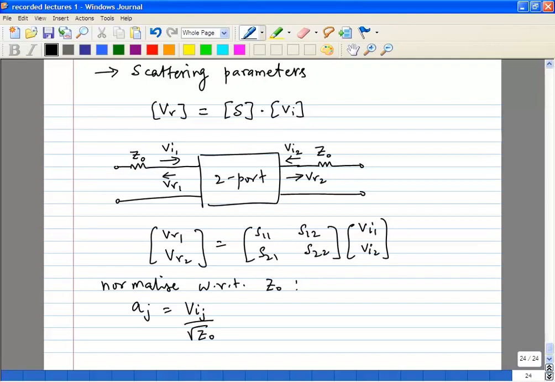That is, A1 is Vi1 over root of Z0 and A2 is Vi2 over root of Z0, and these are the incident quantities. The reflected quantities are again Vrj over root of Z0. The main idea is Aj squared and Bj squared stand for the powers of the incident and reflected waves,